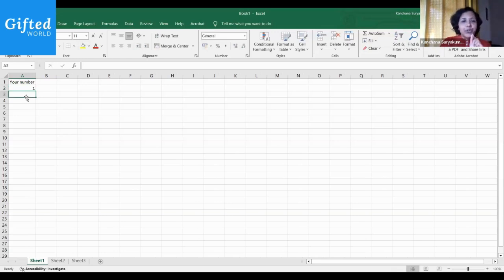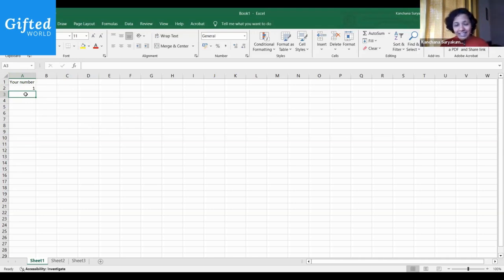I want to first very briefly explain, for those of you for whom this is the first time with spreadsheets, how spreadsheets understand which cell you're clicking on, which rectangle you're clicking on. On the top left, if you notice, it says A3. Each of the columns has a name, the letters of the alphabet A, B, C, D, E, F, and so on. And each of the horizontal rows has numbers against them: 1, 2, 3, 4, and so on. So the cell that I've clicked on is called A3. This is a way to uniquely identify a cell by the name of its column and the name of its row. So this is what I'm going to use.